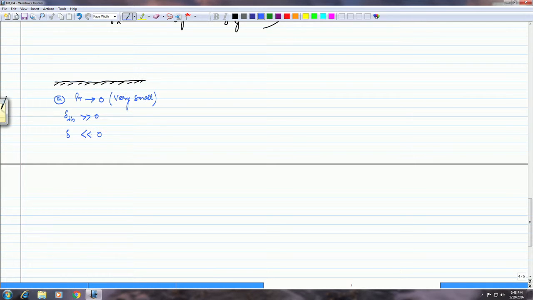The velocity boundary layer. So what does that mean? Which means essentially, let us draw that. So the velocity boundary layer is very small, right? That's what is said, which means that,